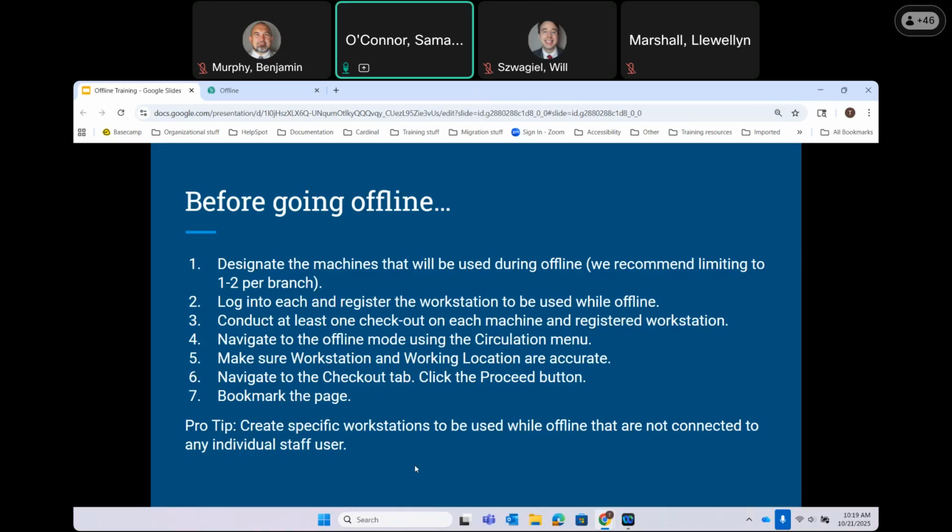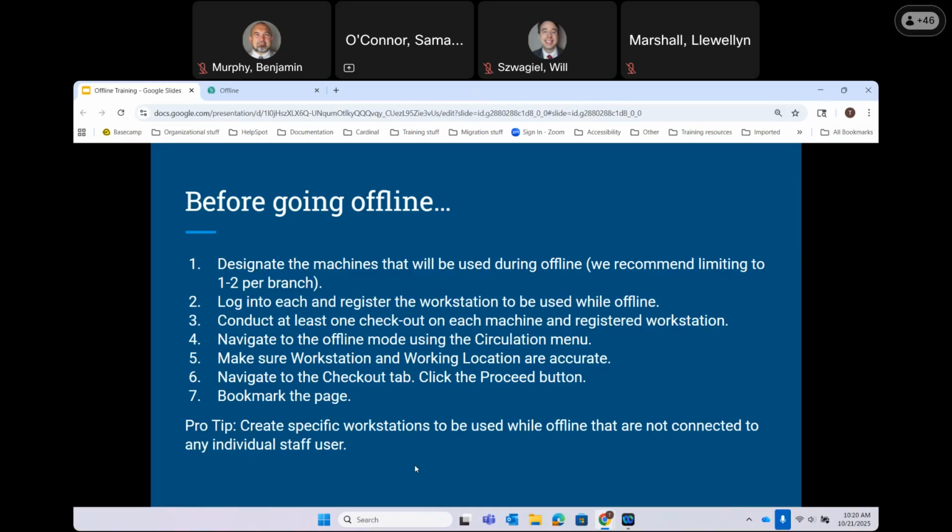The reason for that is because when you go to upload the transactions, you'll have to do it for each workstation that was utilized on that computer. So if you had four different people on the circ desk, all on their own workstations, you're going to have to do four separate sets of uploading. And so again, the more likely it is that something falls through the cracks. It also might be a little bit complicated to change workstations. So in general,